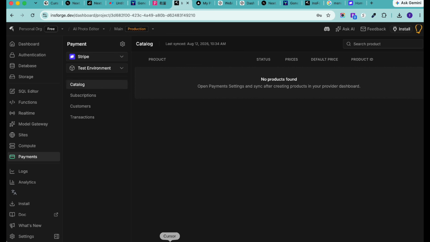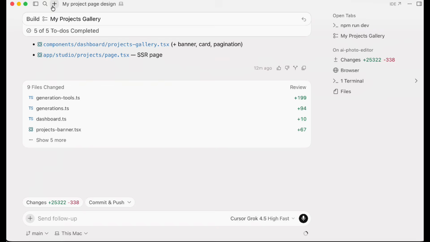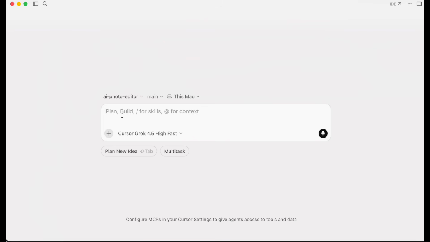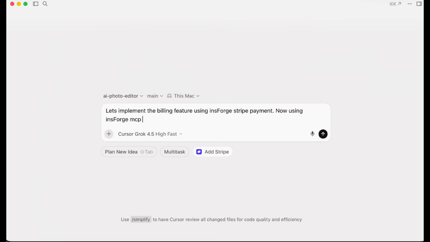But before that, let's go to Cursor. Let's create a new session and let's implement the billing feature. So we have to properly add each of the things in the prompt. So here we'll say, let's implement the billing feature using InsForge Stripe payment. Now using InsForge MCP, add Stripe payment